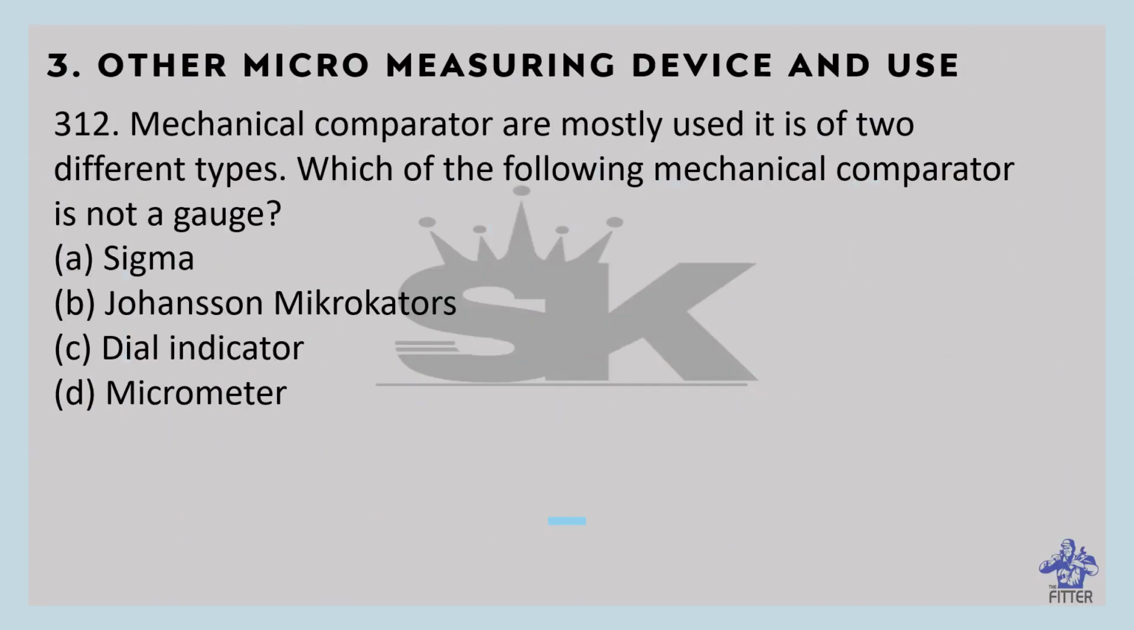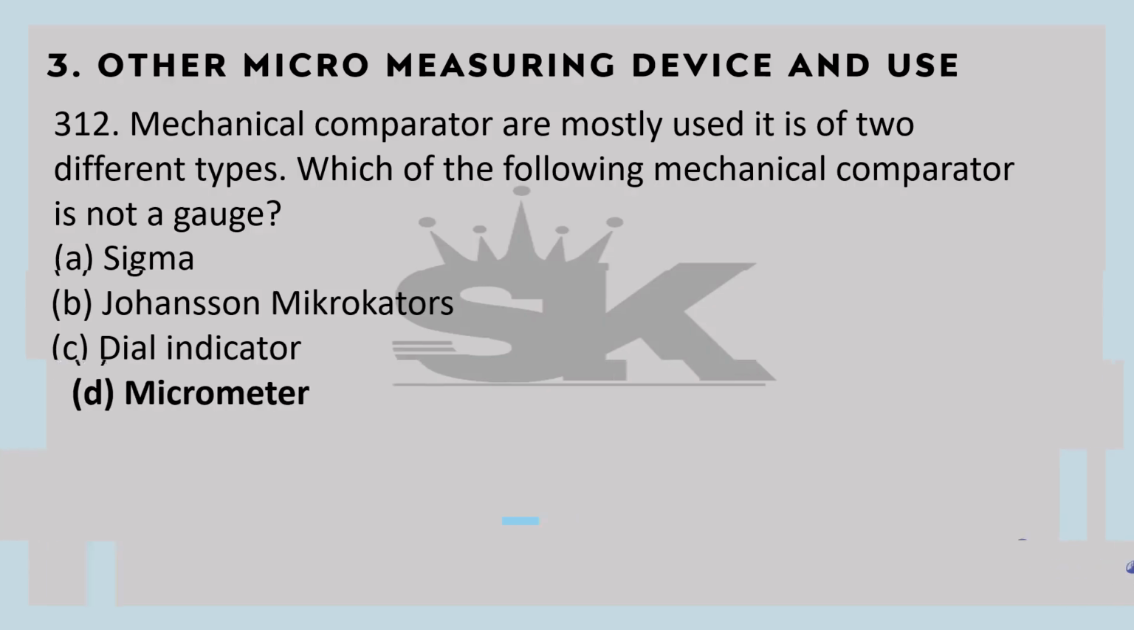Mechanical comparators are mostly of two different types. Which of the following mechanical comparator is not a gauge? So that is micrometer. Okay, micrometer is not a mechanical comparator gauge. Okay,